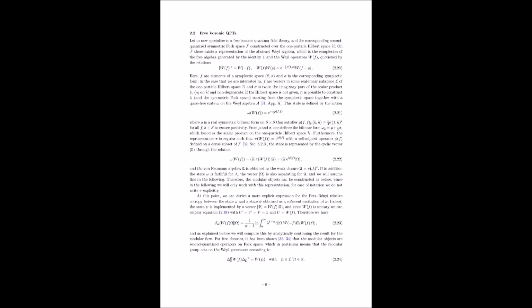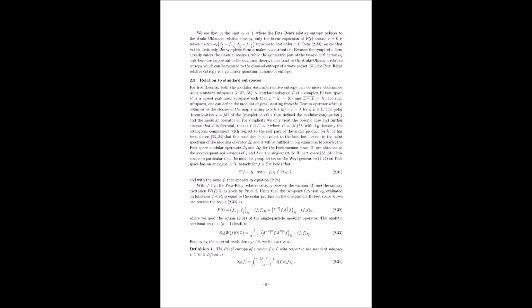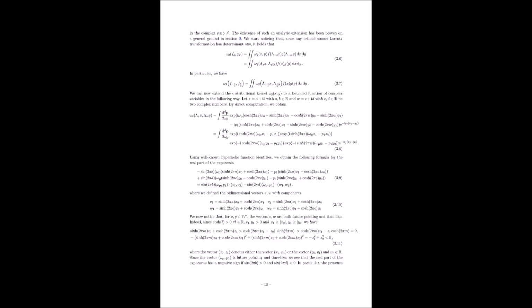This is all incredibly fascinating. But I'm curious about the specific results they get for the free bosonic field. Do they derive any specific formulas for the Petz-Rényi relative entropy in this setting? They do. Tell me about them. As I mentioned earlier, they derive a nice expression for the Petz-Rényi relative entropy between the vacuum state, which is like the ground state of the quantum field, the state with the lowest possible energy, and a coherent excitation of the vacuum.